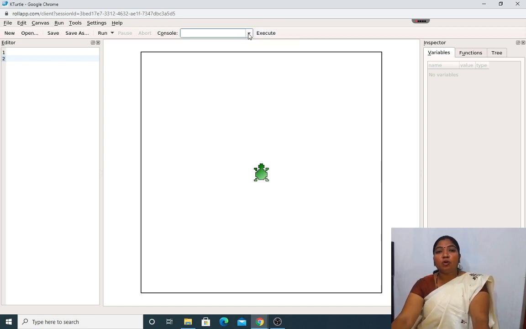There is one more toolbar, execute. What will it execute? Whatever command I write in the console, that will be executed only when I click on the execute button. Okay, my dear students, this is all about the console and execute.